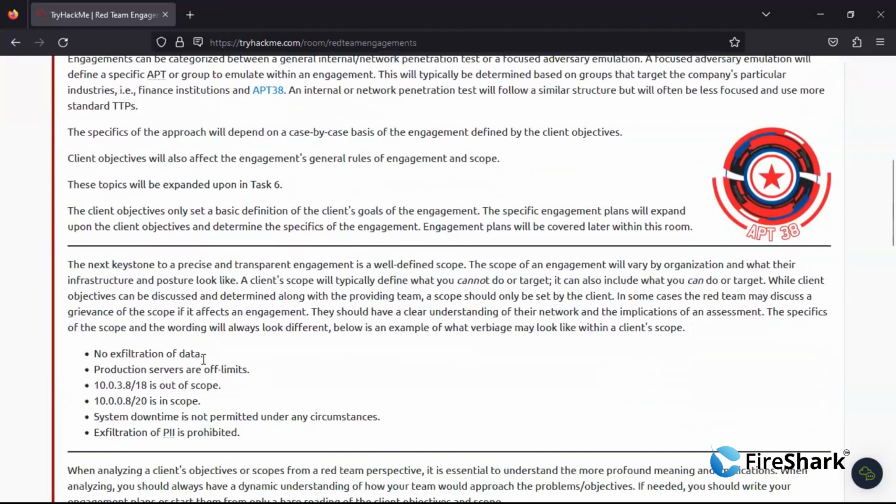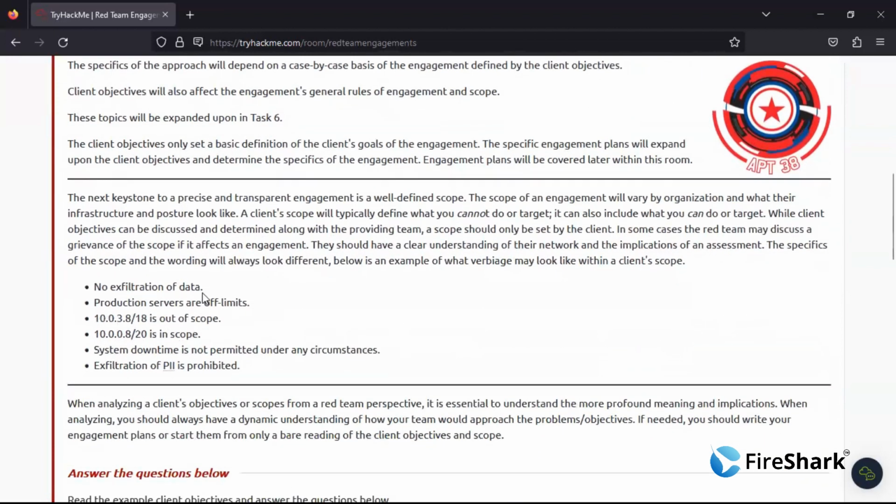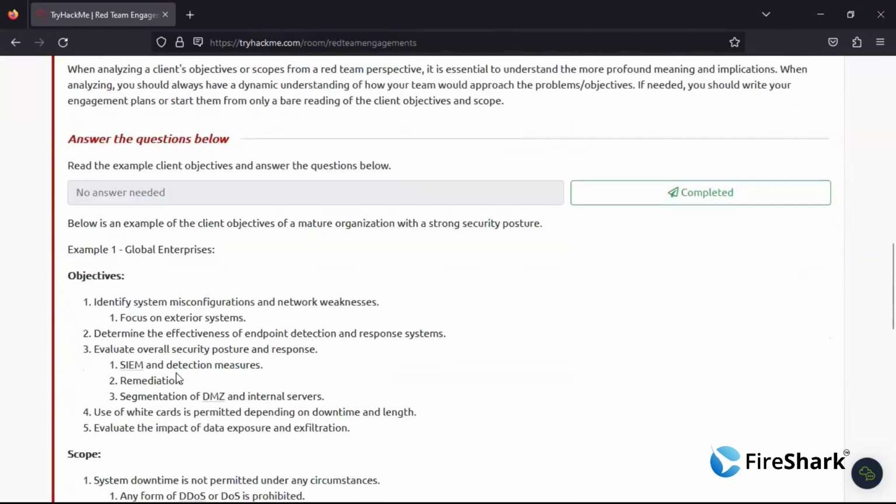Okay, so here the client scope might be: no exfiltration of data, production servers are off limits, this is out of scope, this is out of scope, system downtime is not permitted under any circumstances, exfiltration of PII is prohibited, personal information. Okay, so